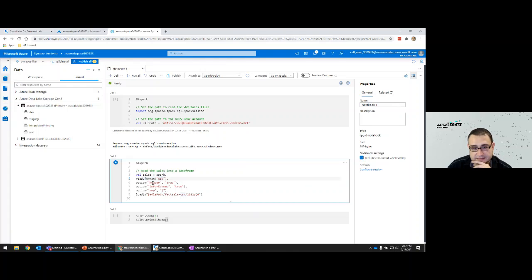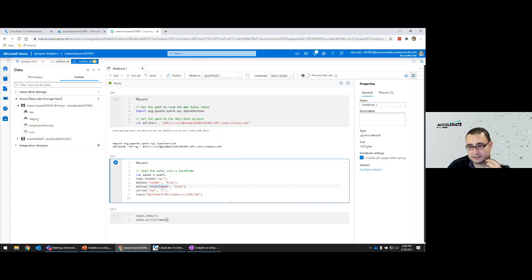We are specifying that it has a header, because we're saying header true. This file has a header. We're also going to specify that we don't know the schema, so we're going to have Spark infer what is the schema contained in those files.